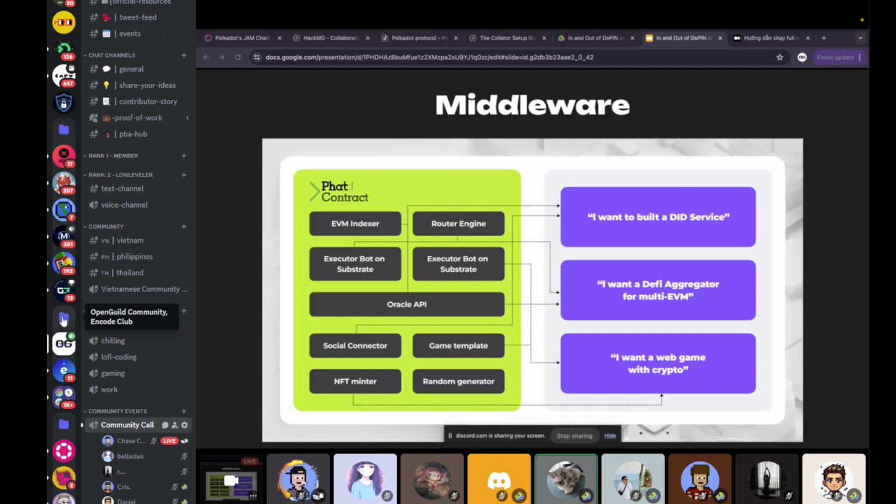So all you need to pay for is the CPU time and the memory. And now we adopted the stake-to-compute model. This means you need to stake the PHA token so you can use the service from our side. And when one day you do not need our service anymore, you can unstake and get your token back. So this is how it works currently.